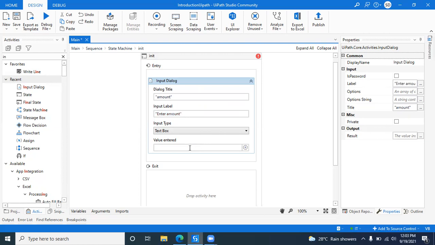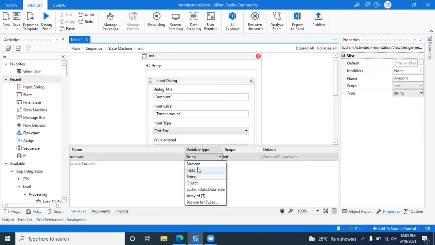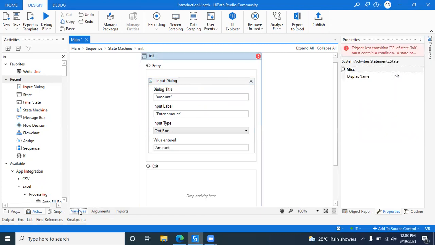After doing this, you can understand. Amount should be integer, and scope you should define as the outer one, sequence, because there could be some issues.